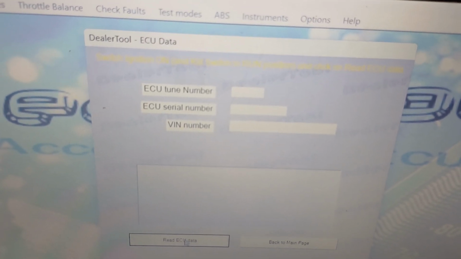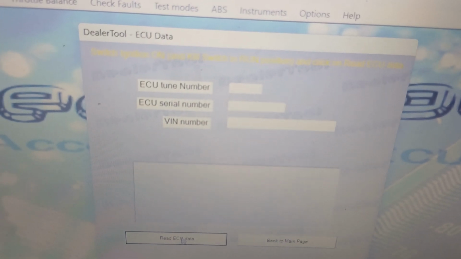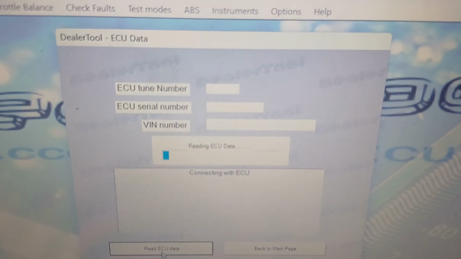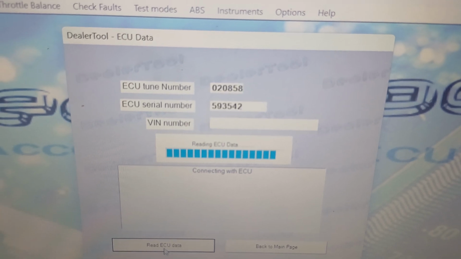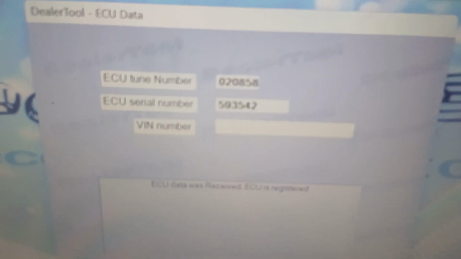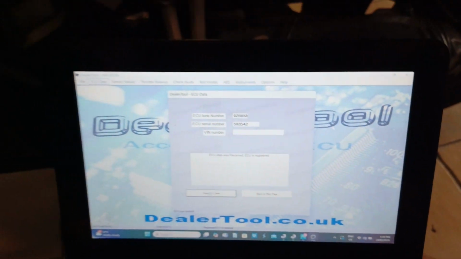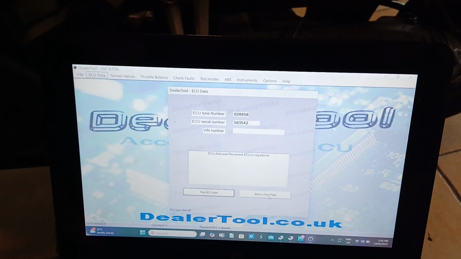So I've got the bike's ignition on, which is what you have to have on. Okay, so it's reading the data, which is a good sign, and it's come up with the ECU serial details. Yeah, and so that's great. So now we go back to the main page,